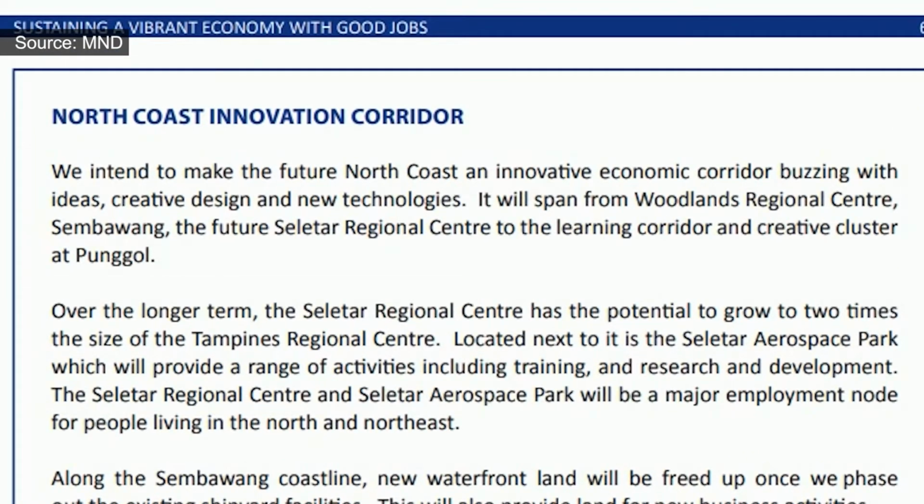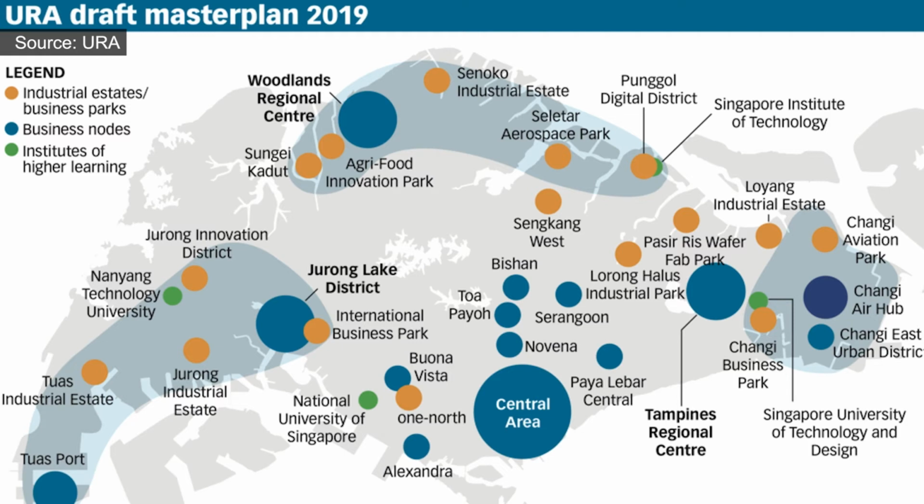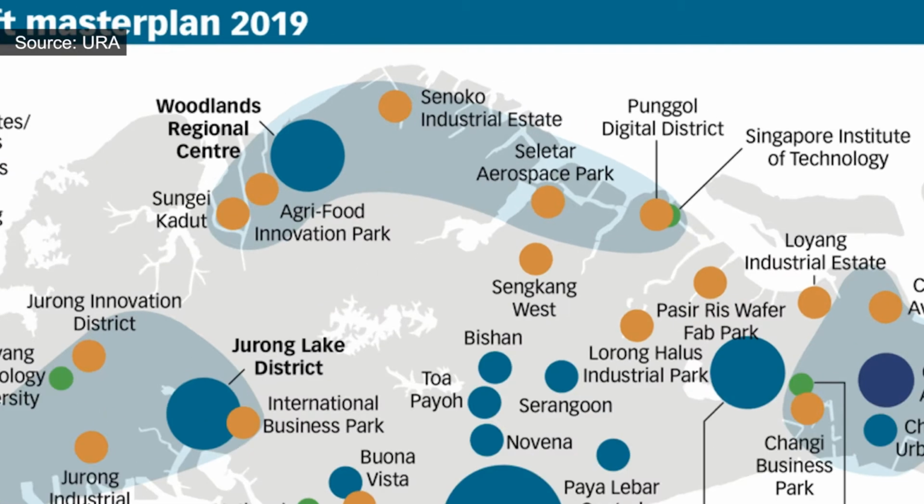So of course, there are a lot of questions being asked about what forms up the entire Seletar Regional Centre. As of now, we don't have any confirmed news from URA or Masterplan, but I choose to believe that the North Coast Innovation Corridor, which is one of the largest developments in the next 10 to 15 years, will form up, and Seletar Regional Centre will form part of it. The Innovation Corridor will probably end off in your Punggol Digital District, where your SIT, your creative cluster and working cluster will be